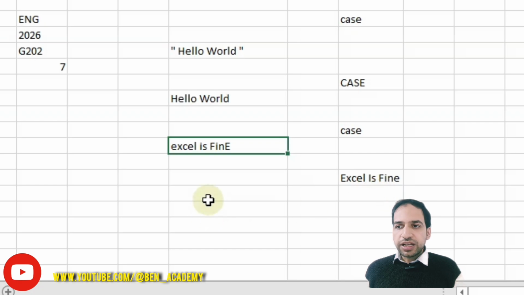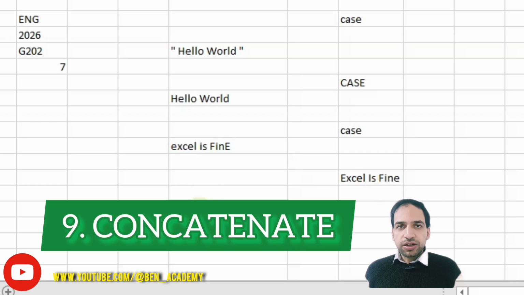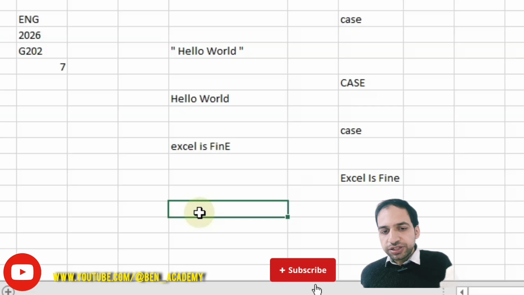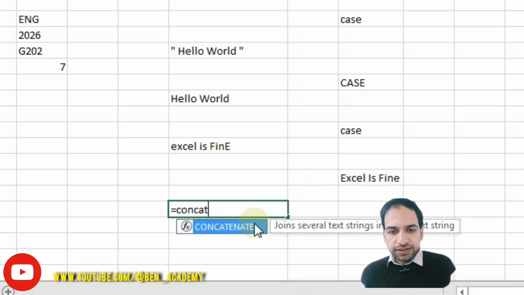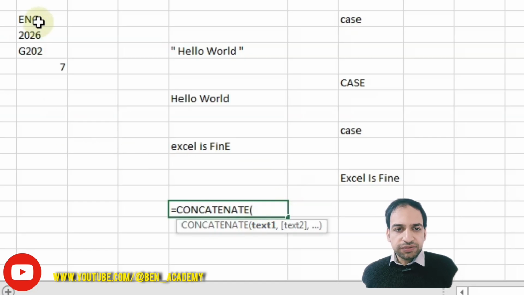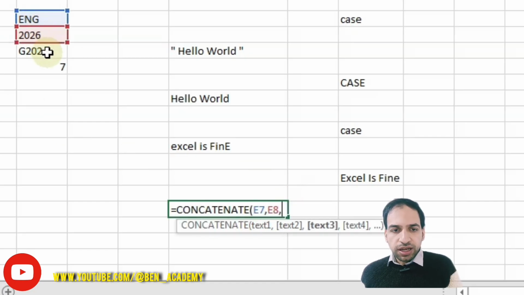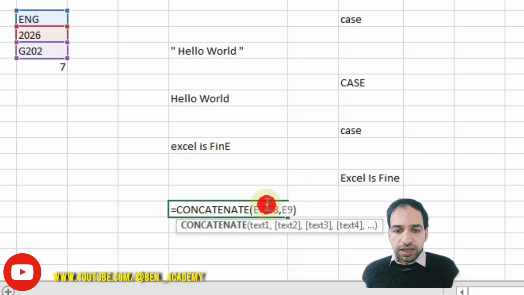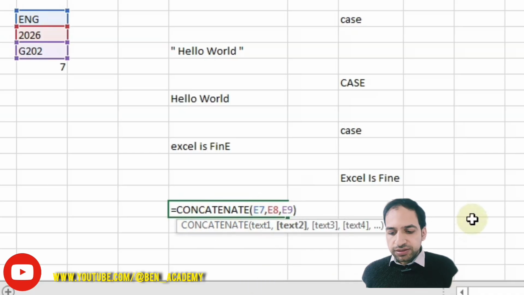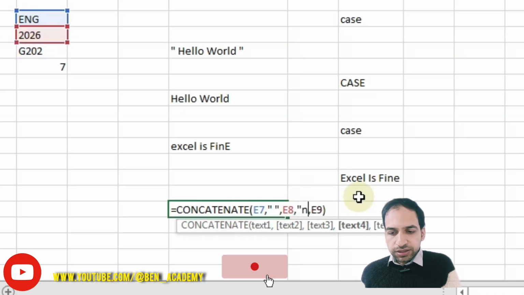Another function is concat or concatenate. You can combine some text and strings with this function. If you write concat or concatenate, you can specify some texts, for example, this one, and this one, and you can see that they are combined together as a new string in a new cell. You can add some other things in the middle of the text you have specified here with double quotation. You can write anything you want with, for example, space. You can add a space like this, and also you can write any other thing you want